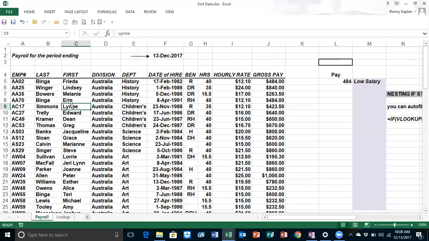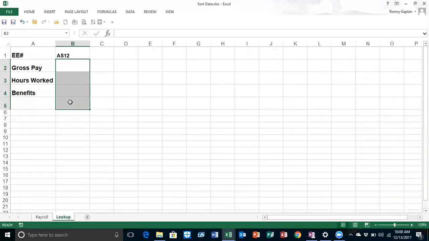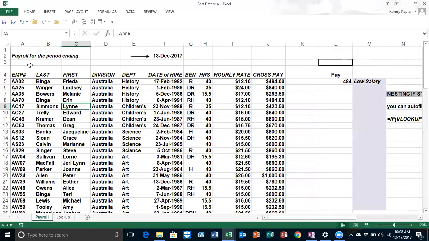And a lot of times how we look this stuff up is we have a different sheet that we want to look up information on. So in this case, I'm using a different sheet. And just to show you, this is one of the particular employee ID numbers. Let's say we're looking for pay, hours and benefits. So the pay is the 10th column, the hours is the 8th column, and the benefits is the 7th column. Okay, so I'm going to create